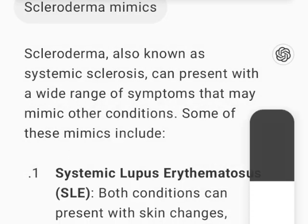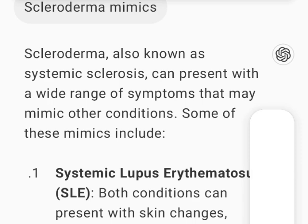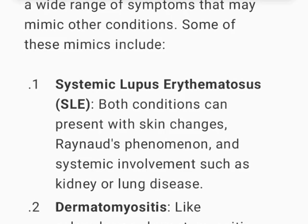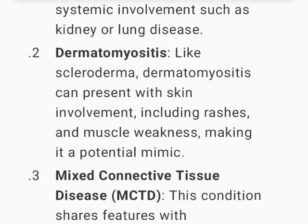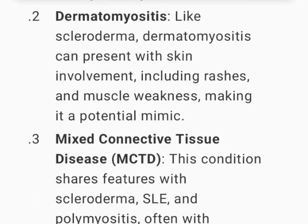Scleroderma, also known as systemic sclerosis, can present with a wide range of symptoms that may mimic other conditions. Some of these mimics include: 1. Systemic lupus erythematosus, SLE. Both conditions can present with skin changes, Raynaud's phenomenon, and systemic involvement such as kidney or lung disease. 2. Dermatomyositis. Like scleroderma, dermatomyositis can present with skin involvement, including rashes and muscle weakness, making it a